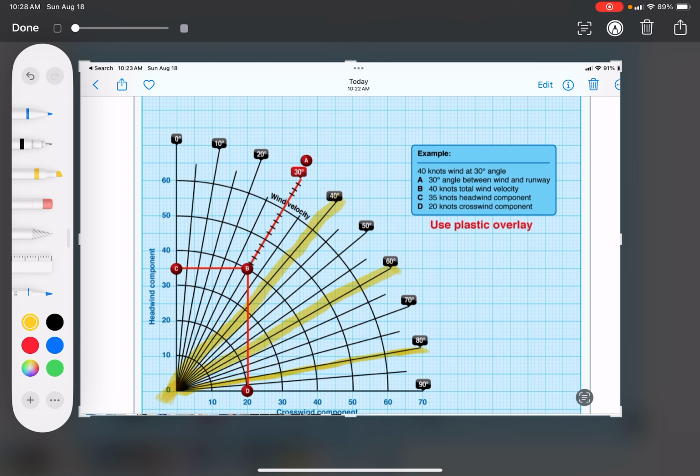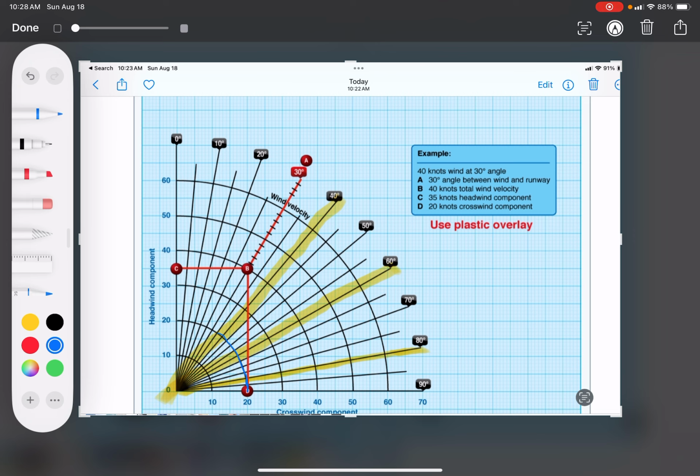We're going to start off with the 80. Now we're going to find 20 knots. I'm going to use a smaller fine tip pen here, 20 knots. And by doing all three at the same time, I can see that at 40 degrees, our max